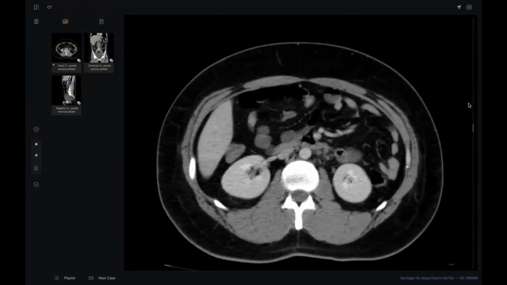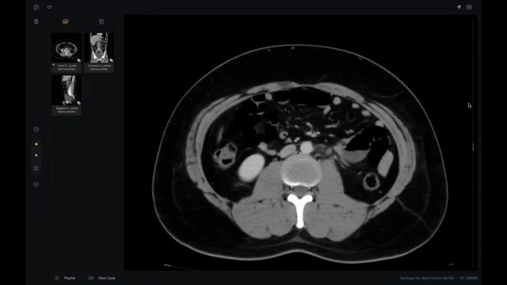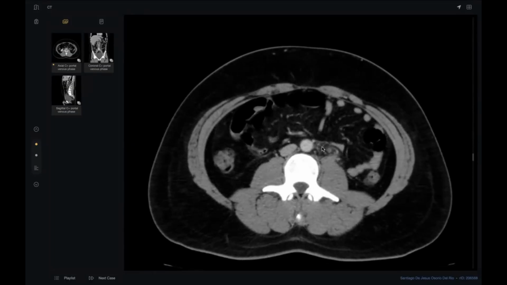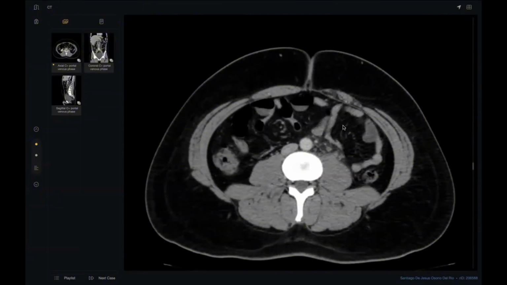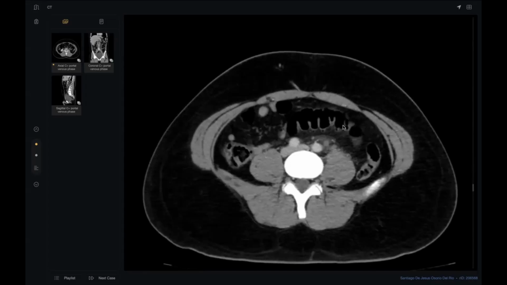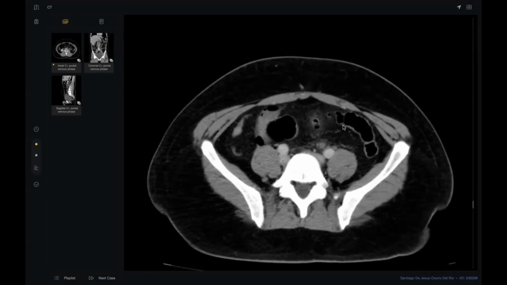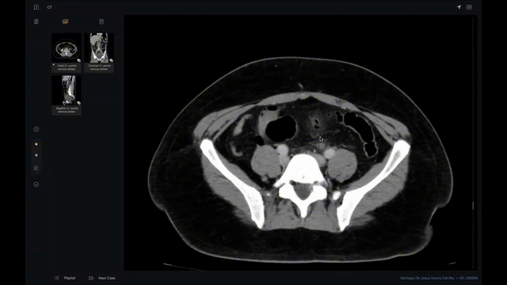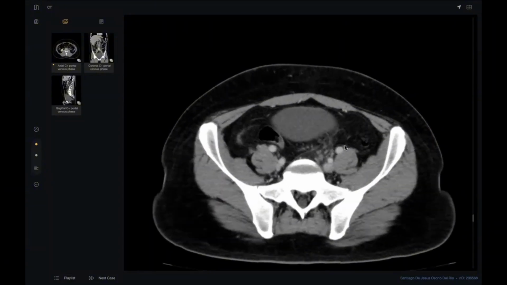Now I'm going downwards. The kidneys appear normal, the spleen is normal. There is also evidence of some fatty stranding and misty mesentery noted in the para-aortic region, basically. Now I'm going further down. Further, there is also the redemonstration of the same findings. I can see that there is some suspicion of a filling defect noted in